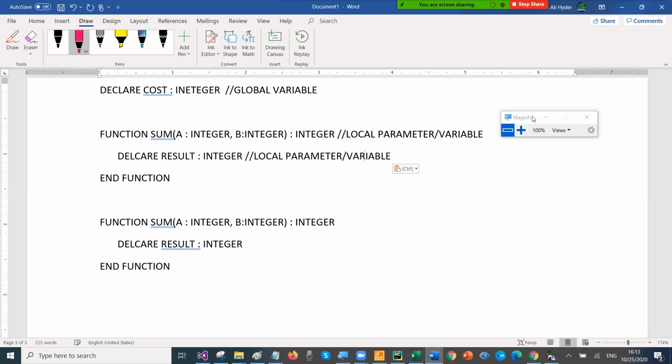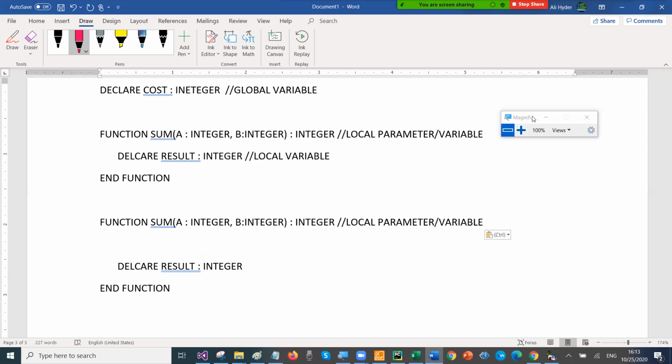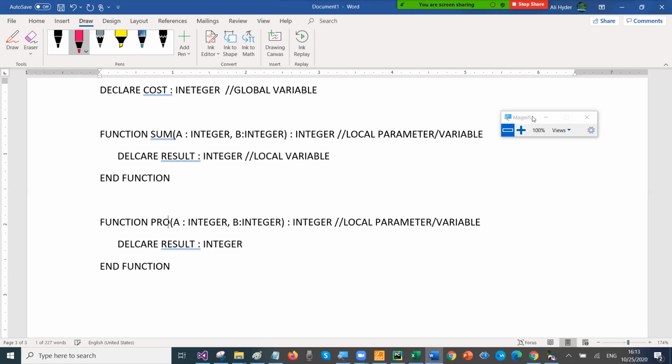And this will be called what? Local variable. Local parameter again, because this function is a different function. It's a different function, for example, prod. And the local variable is result in it. Got it?